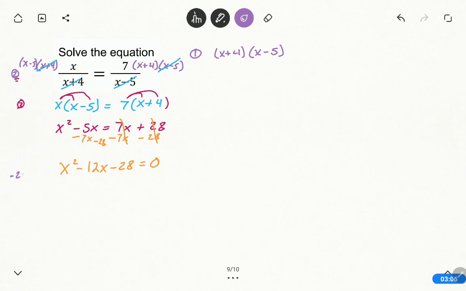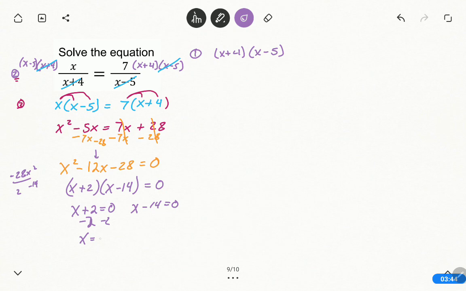Multiplying the first and last, I have negative 28x squared. And the combination of factors I need to add to be negative 12 is going to be positive 2 and negative 14. Since there is no leading coefficient, I can jump straight to the factors of x plus 2 and x minus 14. To finish solving this, we set each factor equal to 0 and just solve those one-step equations. So x is negative 2 and